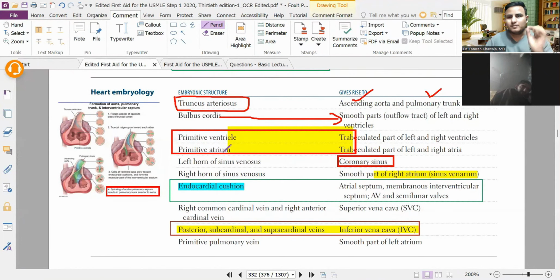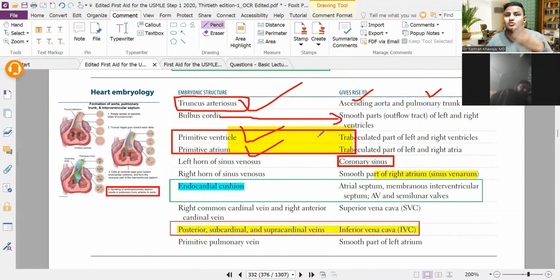दे ऑलवेज मेक ट्रेबैकुलेटेड पार्ट। सबसे आसान करता हूँ। फर्स्ट ऑफ ऑल ये कंसेप्ट याद रखें कि प्रीमिटिव वेंट्रिकल्स, प्रीमिटिव एट्रियम, प्रीमिटिव का वर्ड आया, दे विल मेक ट्रेबैकुलेटेड पार्ट, बात खत्म। प्रीमिटिव वेंट्रिकल आएगा तो ट्रेबैकुलेटेड वेंट्रिकल बनाएंगे, प्रीमिटिव एट्रियम आएगा तो ट्रेबैकुलेटेड पार्ट ऑफ एट्रिया बनाएंगे, बात खत्म। फिर नेक्स्ट इंपॉर्टेंट बात पे आते हैं। सबसे पहले मैंने आपको बताया था कि ऊपर-ऊपर क्या होता है? ट्रंकस आर्टेरियोसस, नाम से याद रखना है। नाम में ट्रंक भी है और आर्टेरियोसस भी है। ट्रंक पल्मोनरी ट्रंक से याद रखना है, आर्टेरियोसस एओर्टा से। तो ये भी याद हो गया आपको।